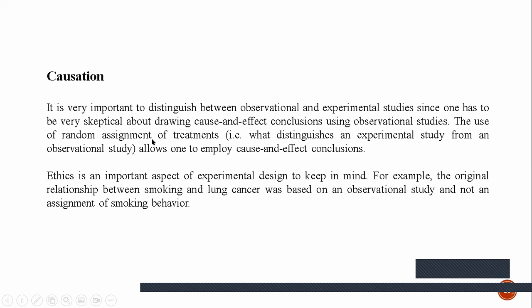The use of random assignment of treatments is what distinguishes an experimental study from an observational study, and allows one to draw cause and effect conclusions. Ethics is an important aspect of experimental design to keep in mind. For example, the original relationship between smoking and lung cancer was based on an observational study and not an assignment